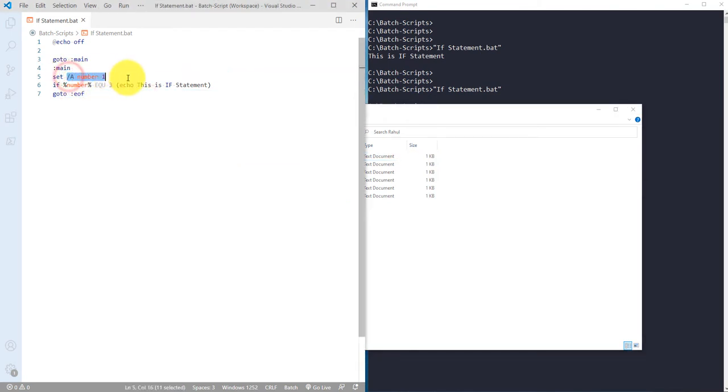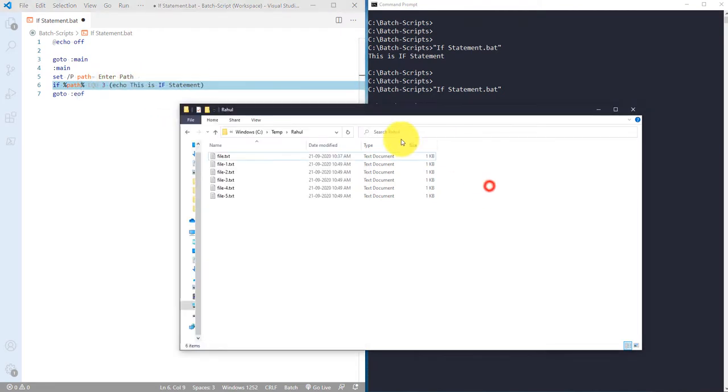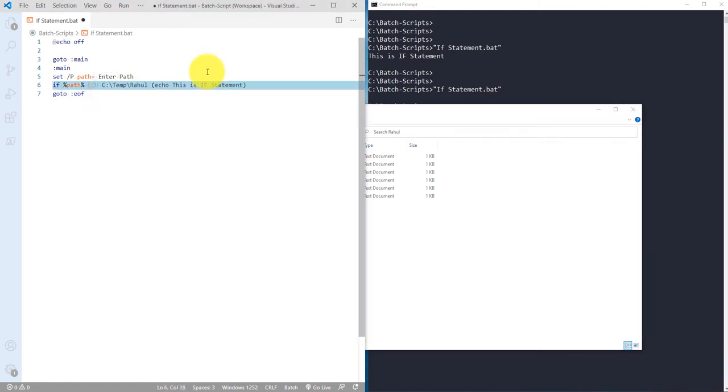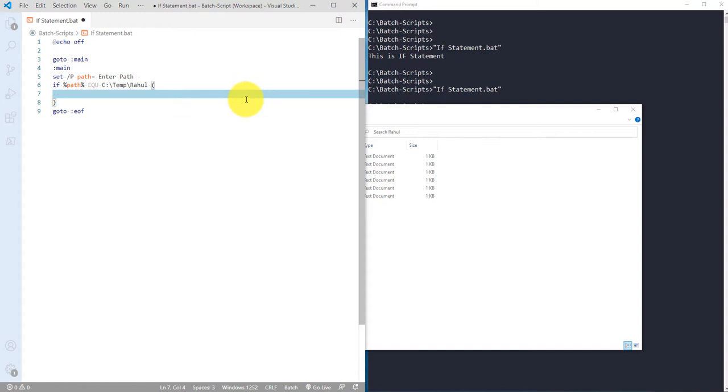So for that I'm defining a variable with the prompt, using a variable called path equal to enter path, and just giving 2 spaces. Then if in %, path is equal to, and this is just for your understanding, equal to this particular path,